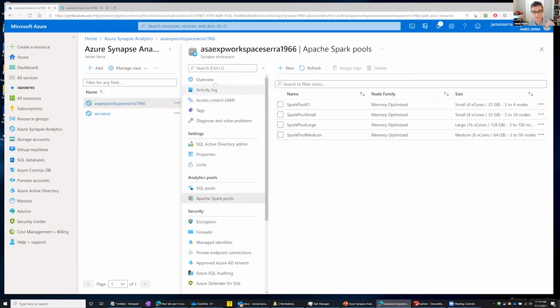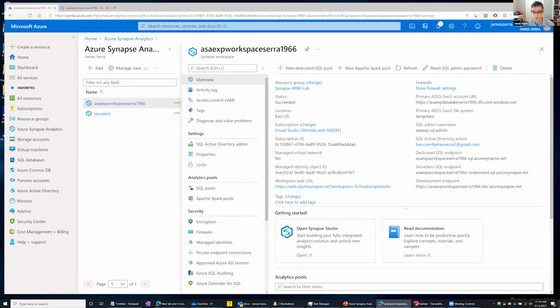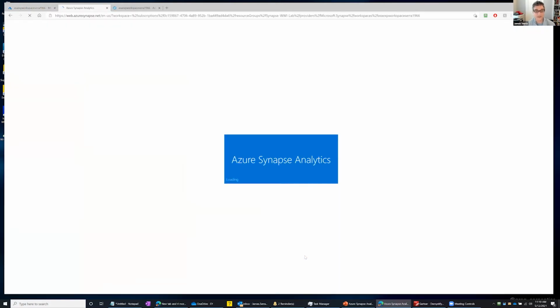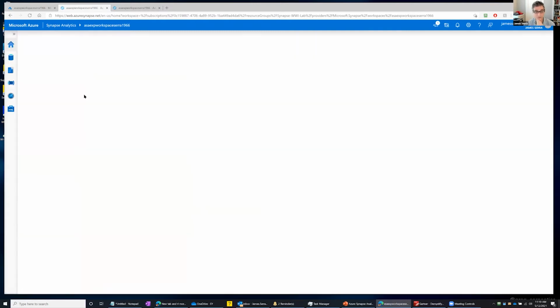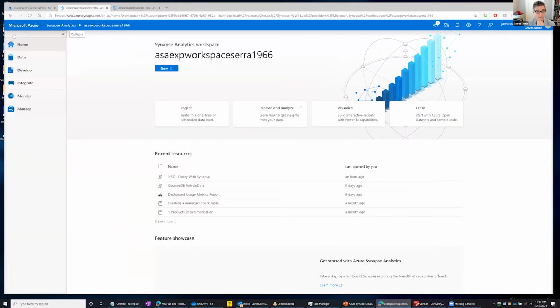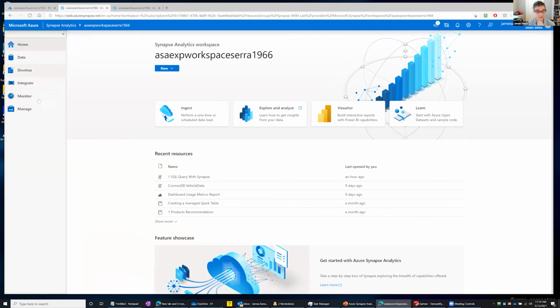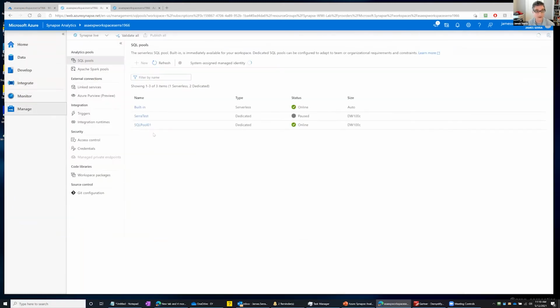All right, so once you get all that stuff set up, if you go into Overview, you'll see I have this Synapse Studio. This is where it jumps into that single pane of glass. And under the Synapse Studio is where you'll do all your work. One of the first things you'll want to do, let's expand this to show you, is go to Manage. And in Manage, those SQL and Apache Spark pools I created are here.